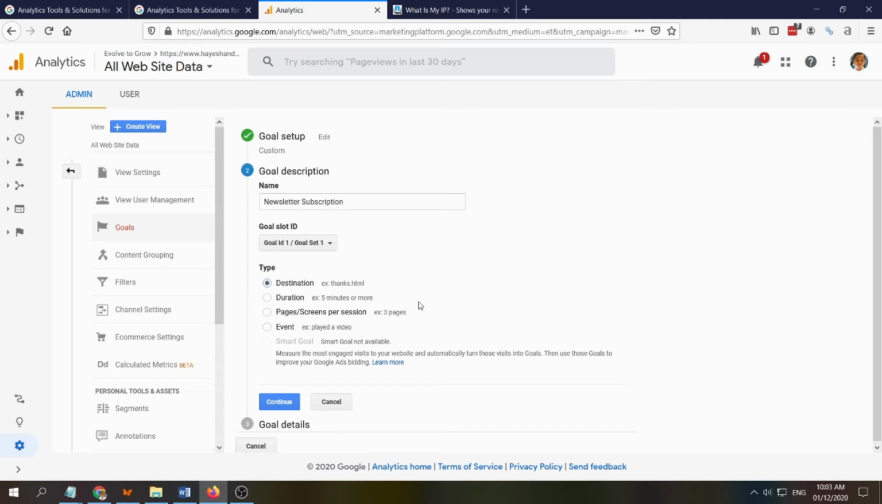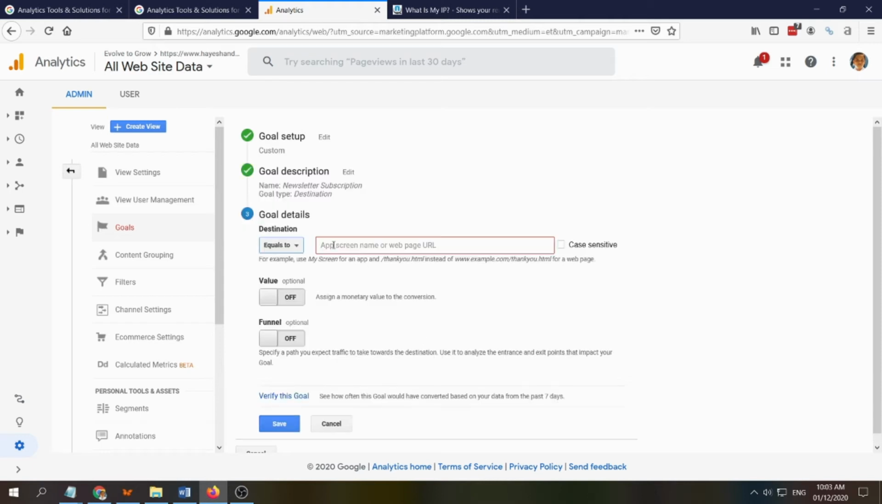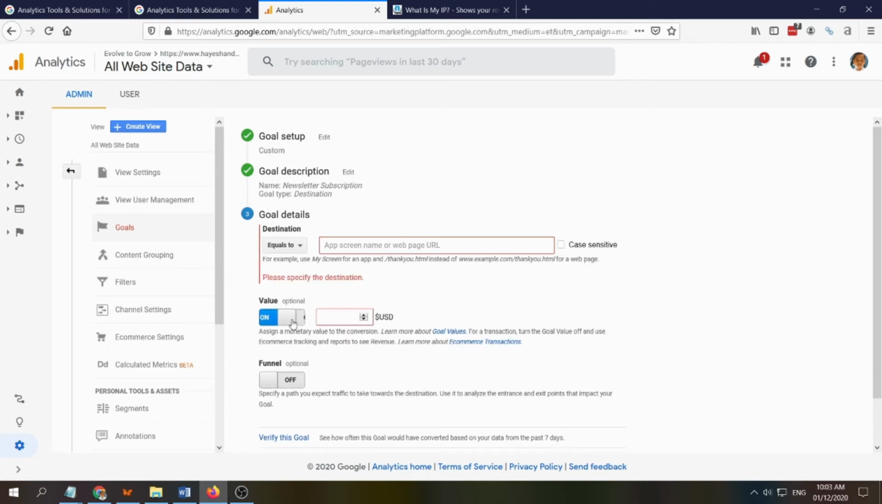So more often they're the thank you page, right? So just like that, then you put here the destination page, a thank you page. If it has a value, for example purchase, you can add value here. Okay,